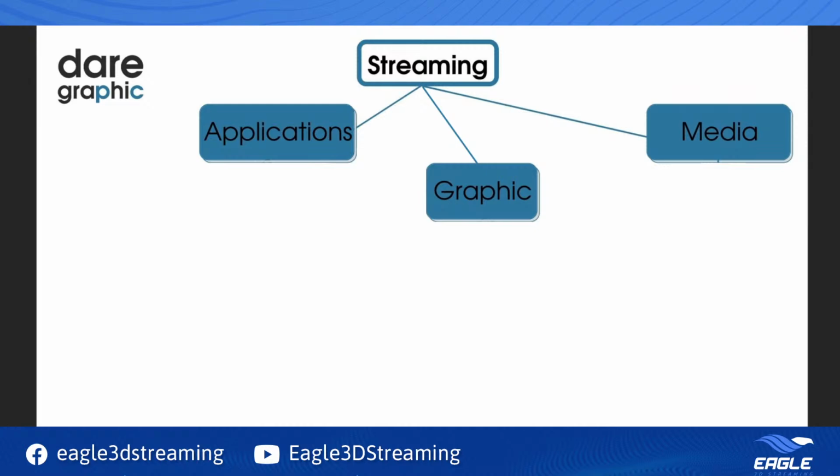So there's the application component. So you stream an app, and basically your local computer will act somewhat actively, and the remote will provide some component, which is basically just the application. There is the graphic part, which has been popular over the last 10, 15 years, where graphic intensive, what we call power user, need something more oomph, but they do not have the capacity locally. And the very end